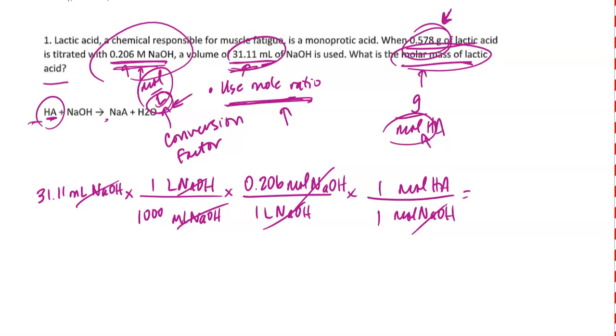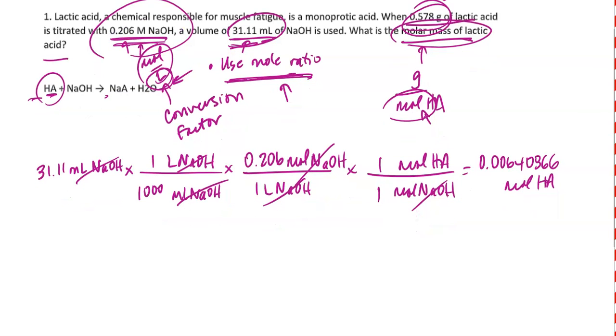So that would be 31.11 divided by 1,000, and I'm going to multiply that by 0.206. That should give me, and I'm not going to round yet, 0.00640866 moles of the lactic acid. Now, to get the molar mass,